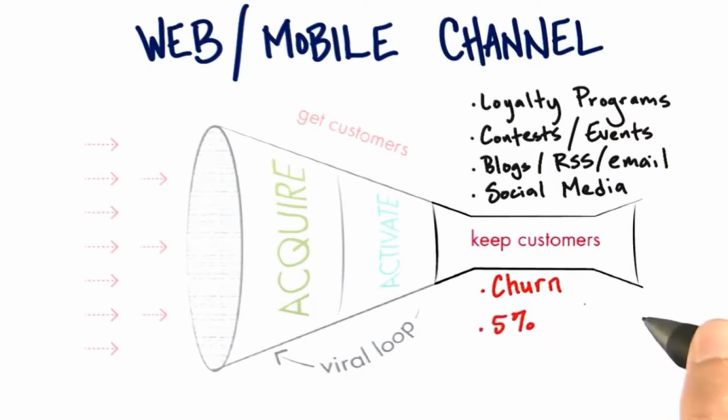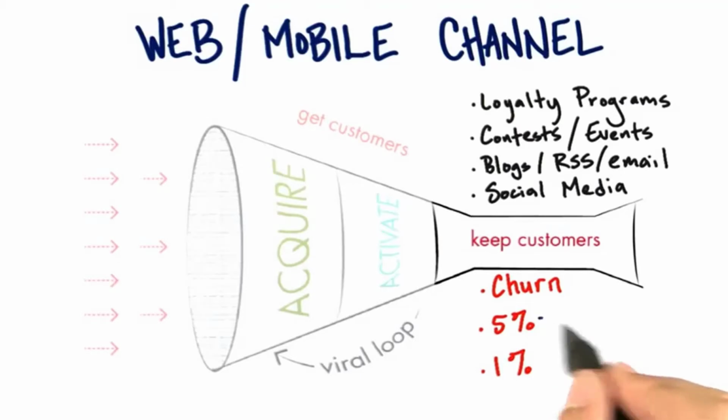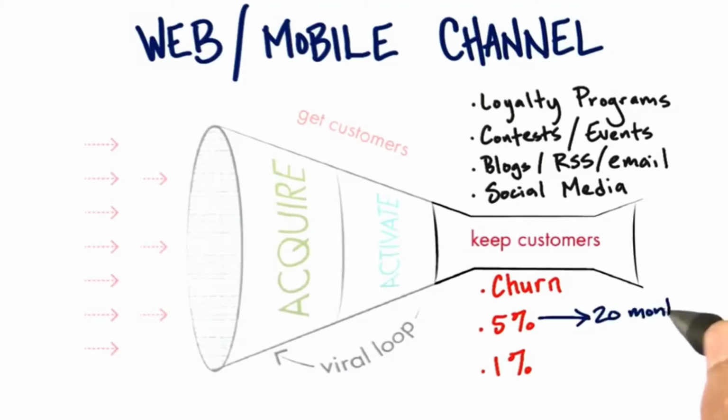And here's why. Imagine if you were losing 5% of your customers a month. Well, in 3 years, you'd only have about 16% of them left. But imagine if you could reduce churn to 1%, so that every month only 1% of these customers left. After 36 months, with 1% attrition, you'd have 70% of your customers left. Just think about it. With 5% attrition, your average customer sticks around for about 20 months, but with 1% attrition, they stick around for 100 months.